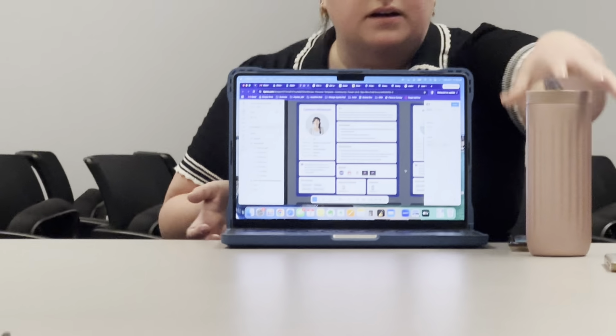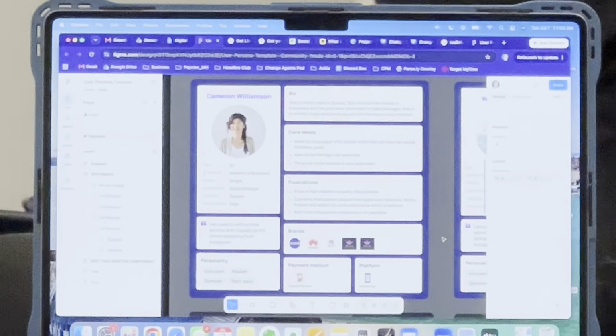And the goal with this, where did it go? Sorry, did I X out of it already? Is it Figma? Yeah. Figma. Oh, you're right, I put it over here. So you'll see, as we're looking at this, this is how it's set up: it's a bio of one very specific person.